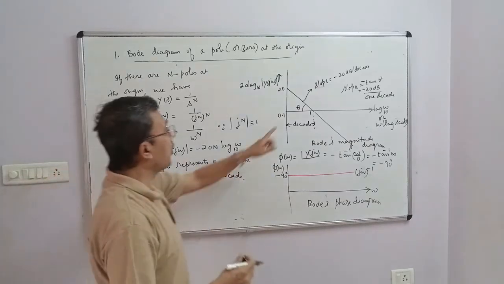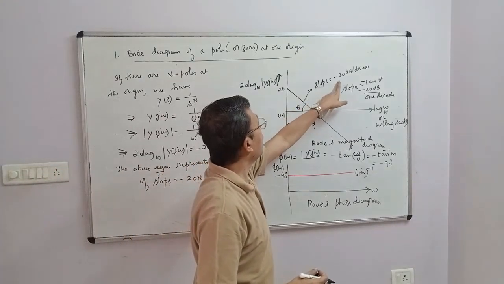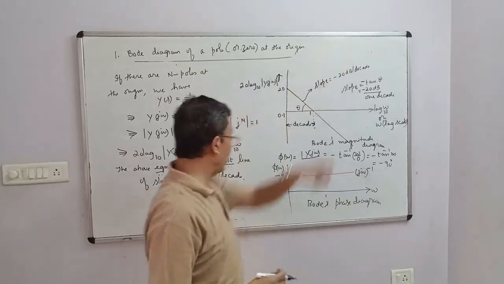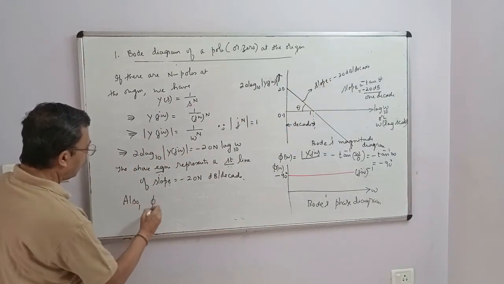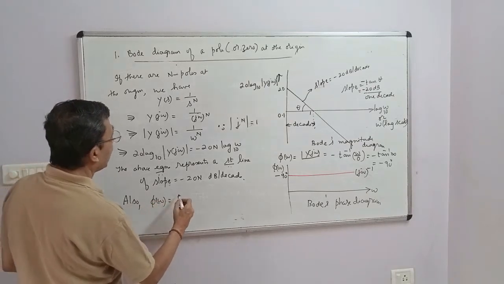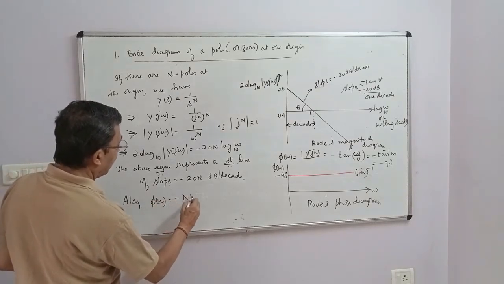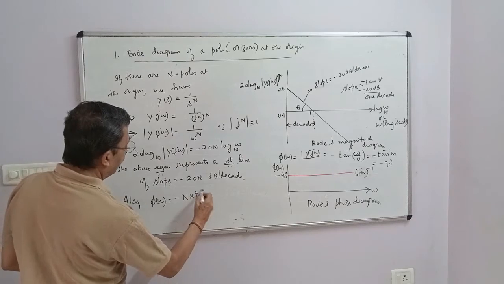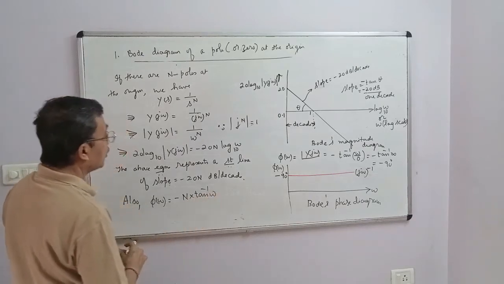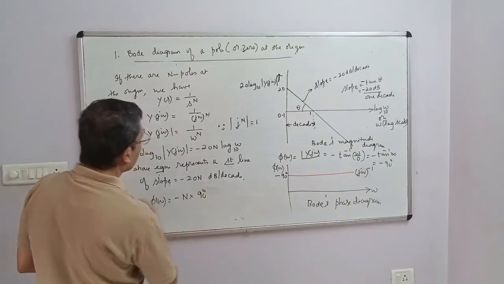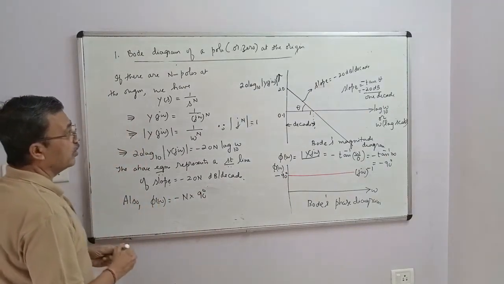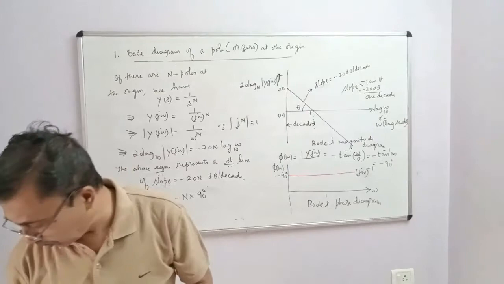That means instead of minus 20, it will be minus 20 into n. Also, what is phi of omega? Phi of omega is equal to minus n into tan inverse of infinity, that is, minus n into 90 degrees. So what is going to happen is,